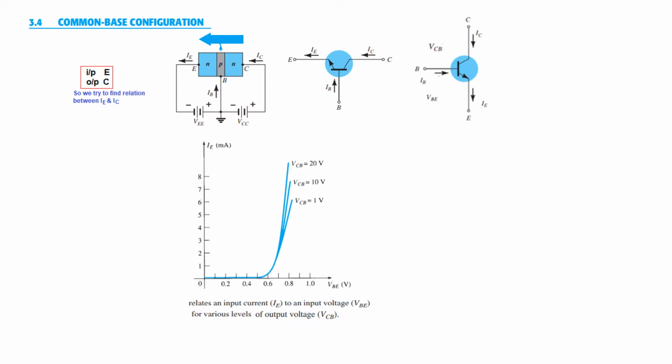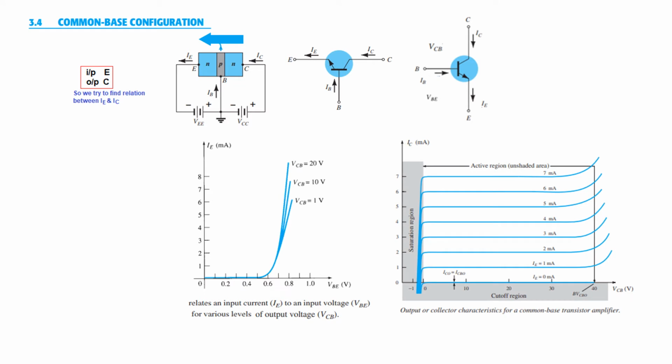Now there are characteristic curves. This curve is between VBE and IE. VBE is the base-emitter voltage. This is the base, this is the emitter, or here VBE. So between VBE and IE, the emitter current, you can plot a graph for different voltages of VCB, and the graph will be like this. This is not much used. There is another graph which is commonly used. This is called the